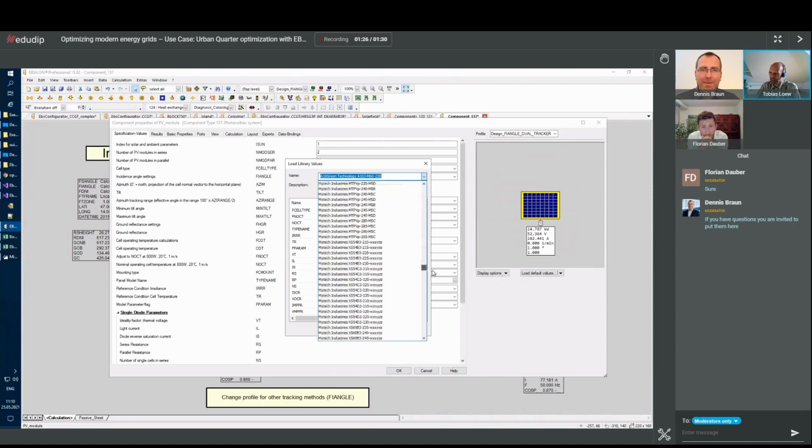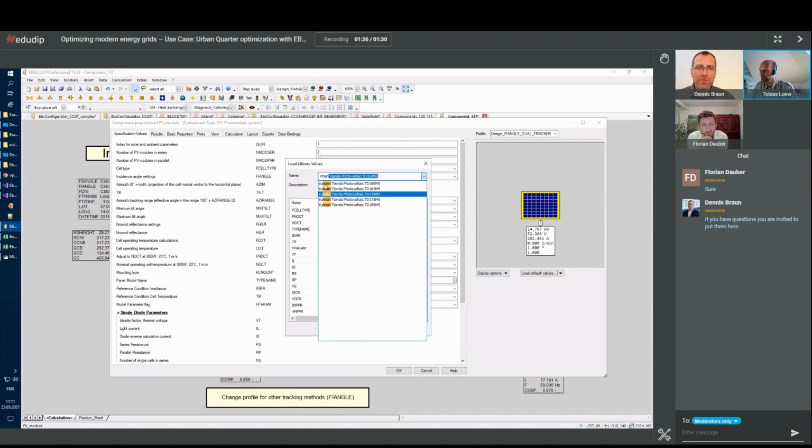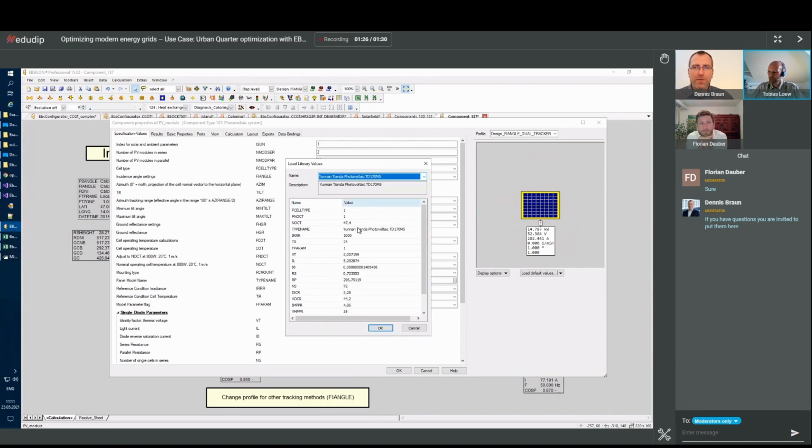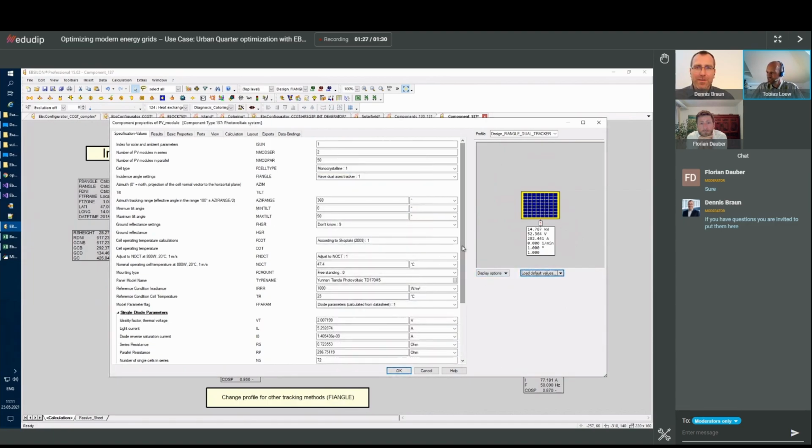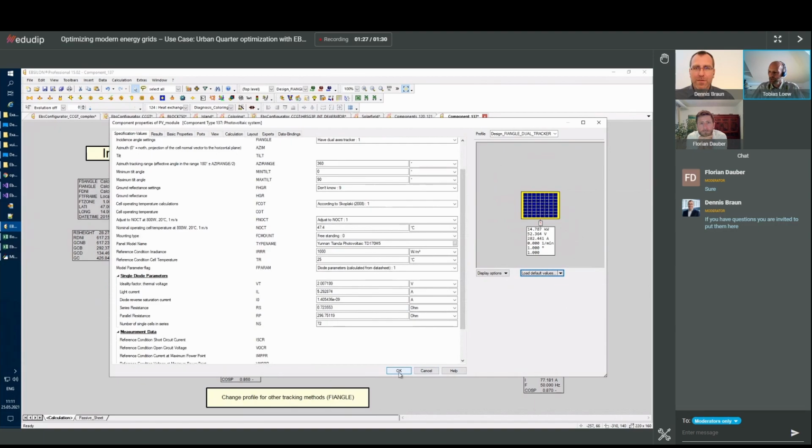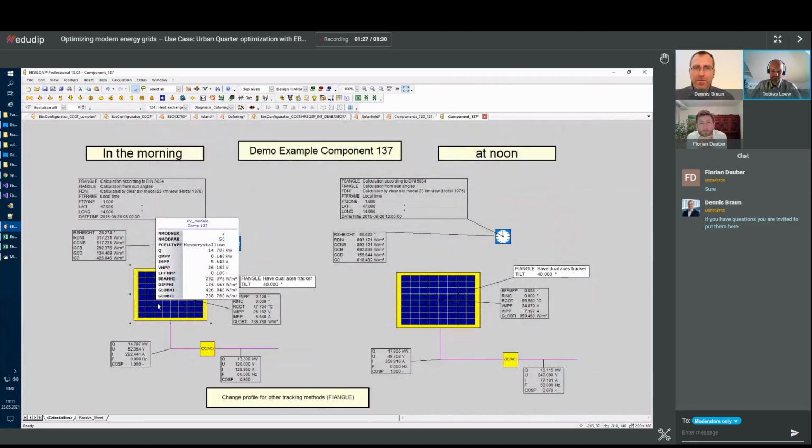Wow. I think we have like 20,000 different photovoltaic models in here. But the nice thing is, if you search for something, for example Nanjing or Yunnan, the list gets very small, and you can select the photovoltaic system you're looking for, and then you can replace the data. It's quite easy to select the photovoltaic system you actually want to use in your model.